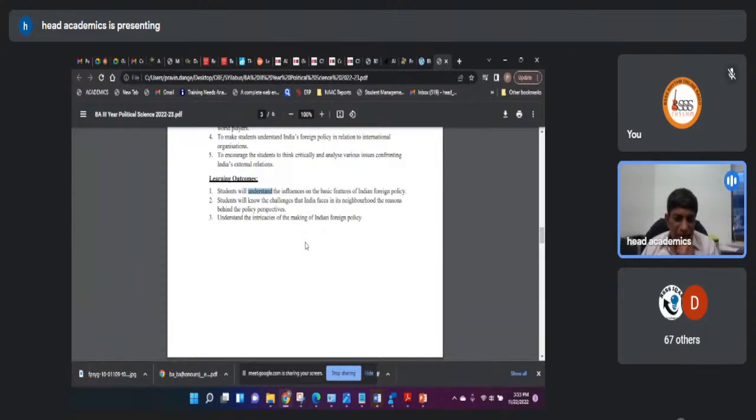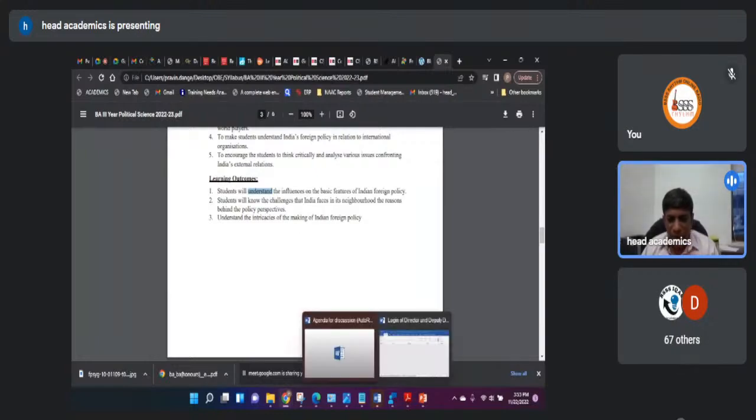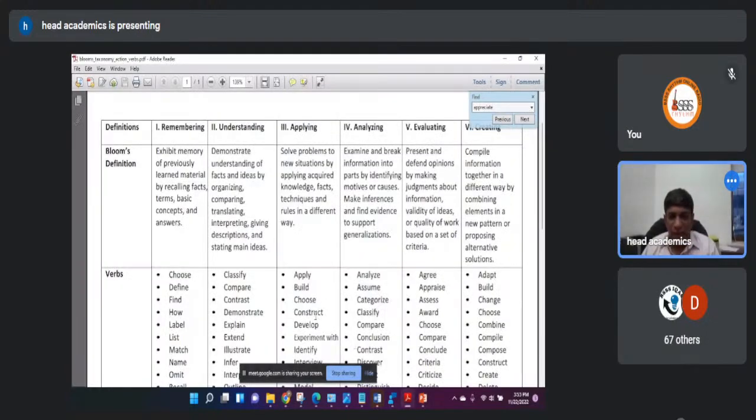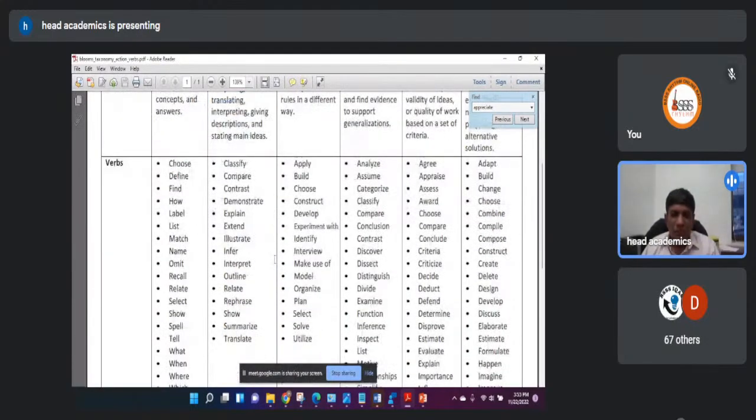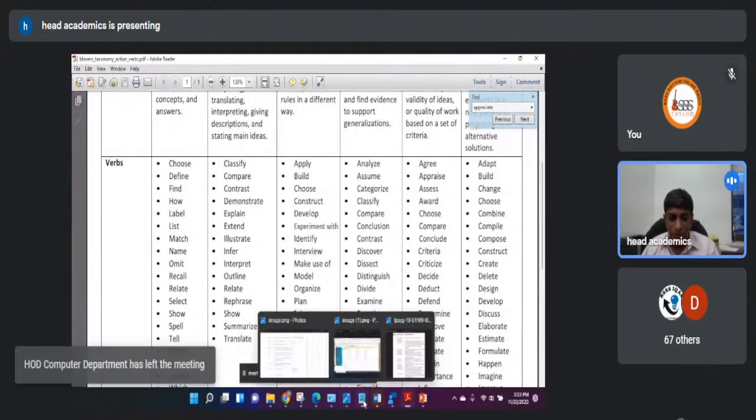So instead of understanding, if you refer to what understanding means, it means comprehension. If you take a look at the Bloom's taxonomy verbs, it is the second level, understanding. So it is about demonstration of understanding. If that term is used, that is fine to a certain extent. But to be a little more specific, one should identify what I expect the student to do. Do I expect them to classify, compare, contrast, demonstrate, explain, extend, illustrate, infer, interpret, outline? One of these verbs could be used in place of understanding to make the outcome drafting a little better,